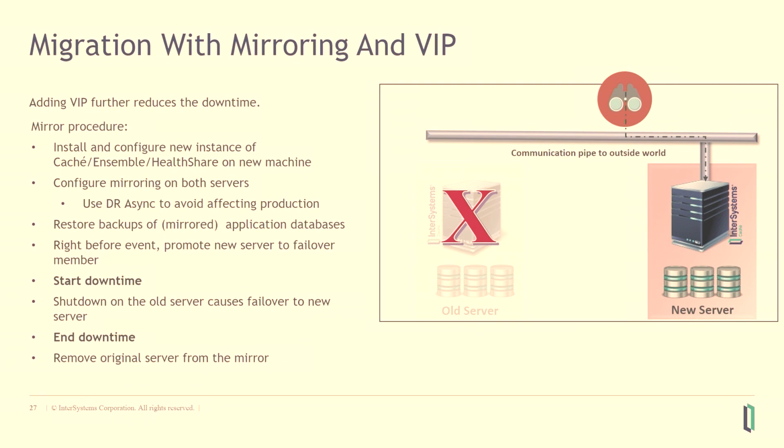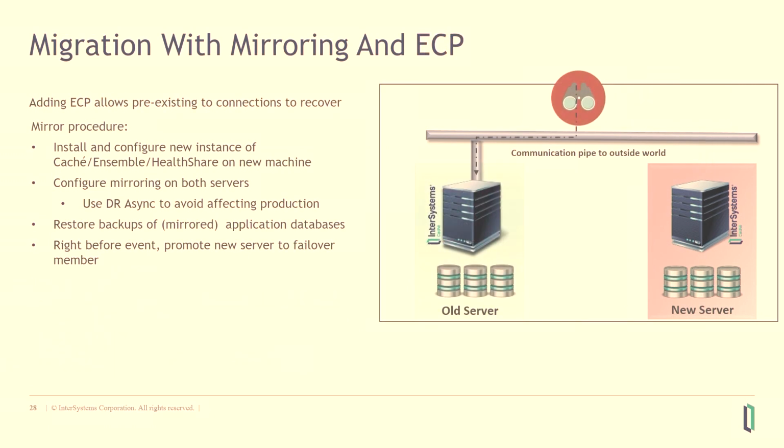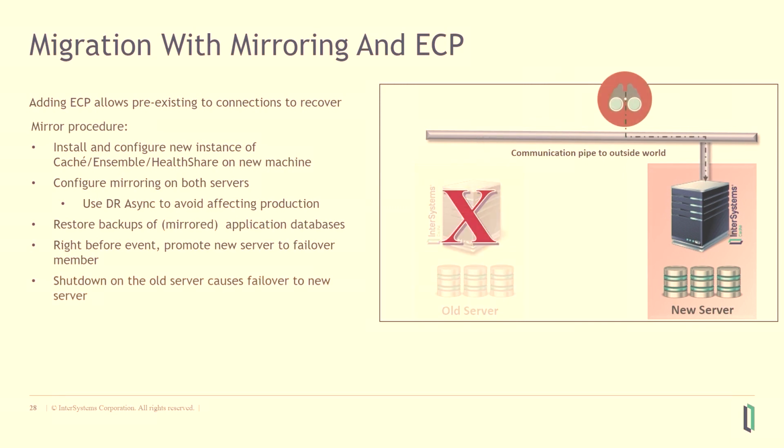And one other piece that Oren talked about earlier that can make it even faster is ECP. So if you have ECP, I don't know if many of you are using that, but you point your users at these application servers, and you're migrating your data server. The application servers are aware of everything in the mirror, so you do the same setup, and then you shut down just like before, and it fails over to the new server, but any connections aren't even interrupted. So users might notice a slowdown, but they'll never lose their connection, making the downtime basically zero in a cutover.